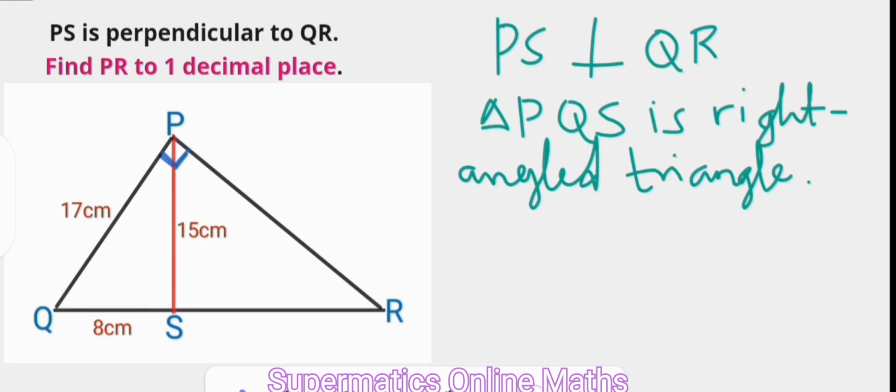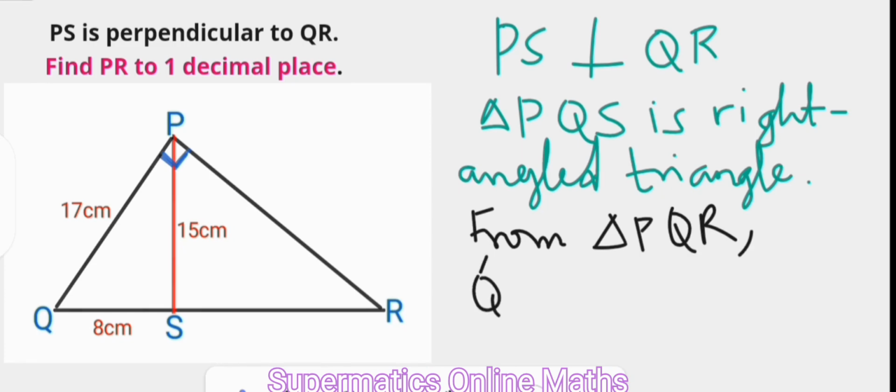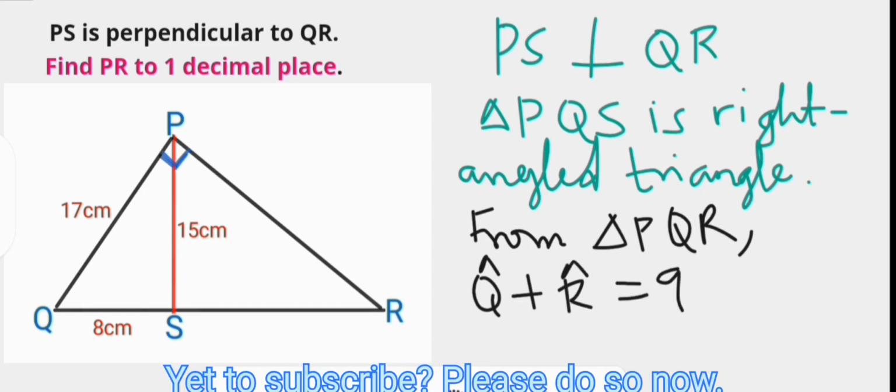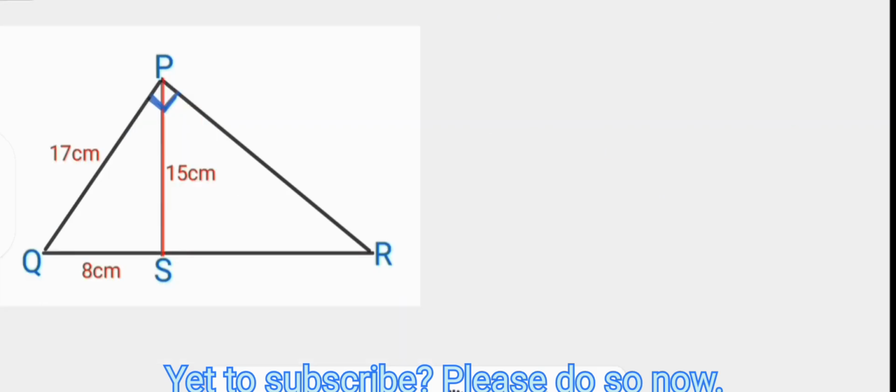another thing we need to know is that from triangle PQR, angle Q added to angle R gives 90 degrees. They are complementary angles because angle P is already 90 degrees and the sum of angles in a triangle is 180 degrees. And so starting from